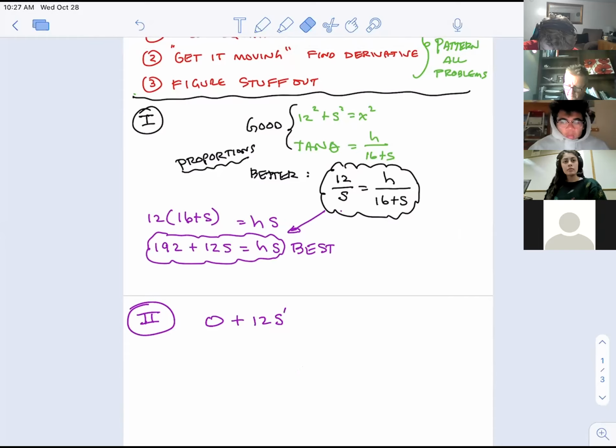What about the other side? What are you thinking when you see the other side? What should you be thinking? The product rule. Correct, product rule. So again, there's part of me that says, I wonder if I could mess with that equation up there some more so that I could get rid of the product rule. My guess is no, because I find myself thinking, wouldn't I have to divide by s to get rid of it, or divide by h, and then I'm going to have quotient rule, so that's even worse.